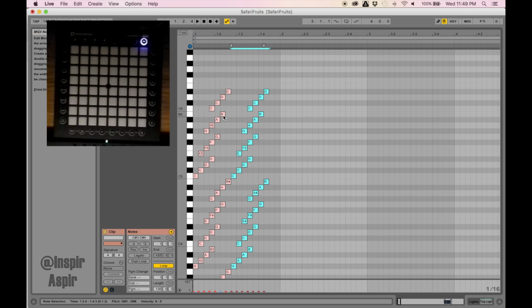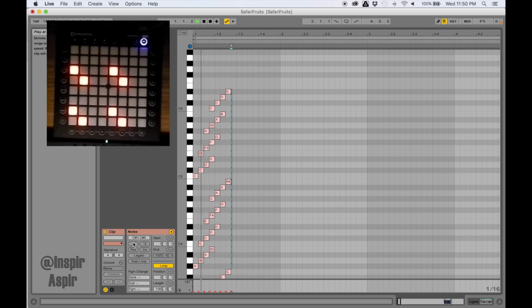So if I press it right now, you'll notice that it's 1, 2, 3, 4, 5, 6, 7 squares, 7/16 of a bar. If I press this half button, you'll notice that it should take up 3.5. So 1, 2, 3, and this guy's going to the half. And in fact, you can keep on doing it however many times you want, but it will get to the point where you can't even comprehend what's going on. But it is nice to have it if you want to speed up your